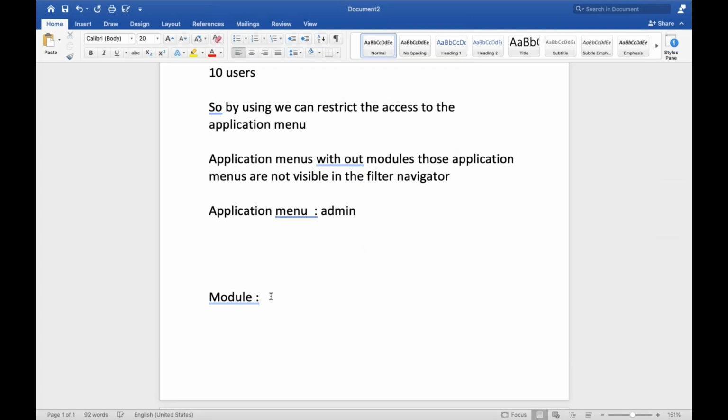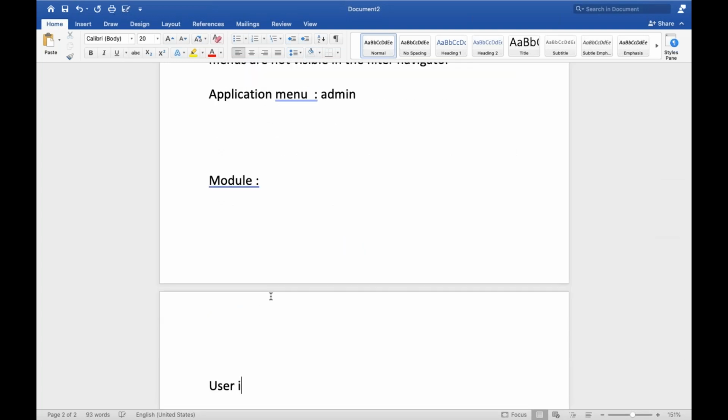But the user is having only the ITIL role. Here, this module is having the ITIL role. The people who have the ITIL role can access this module. But